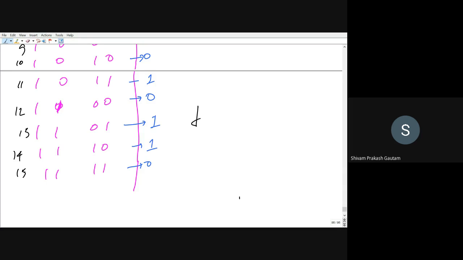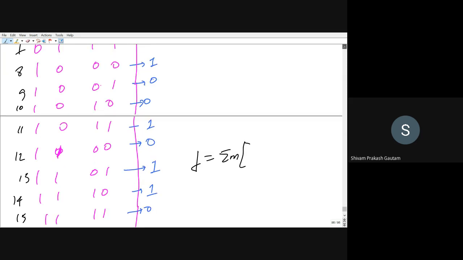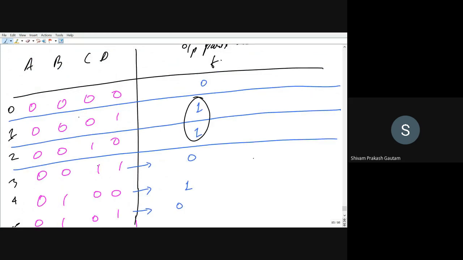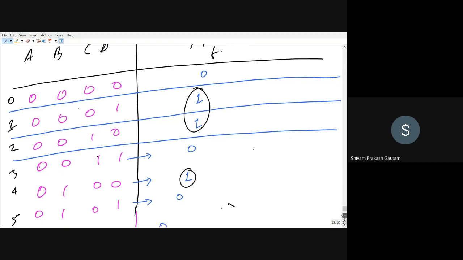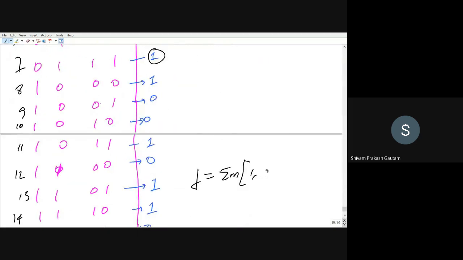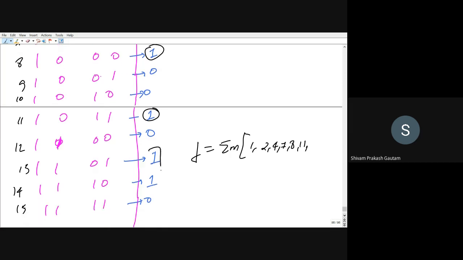So now you have to calculate the min terms. I will write here function will be equal to min terms. Just see where the function is giving one value. So this is first, this is 1, 2. Then we are having 4, 7. I can write 1, 2, 4, 7. Then we are having 8, this is 8, this is 11, and then this is having 13, 14. Just let me know if I make any mistake. So these are our min terms.